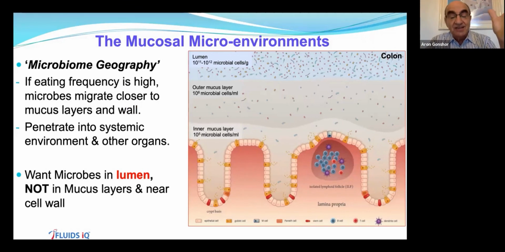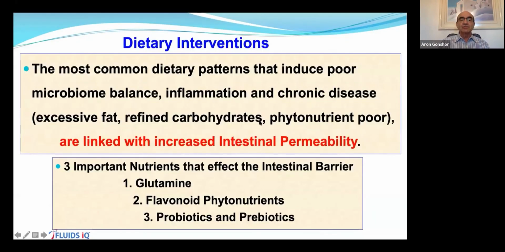And if you eat too frequently, the microbes begin to migrate from the lumen and they start to penetrate the mucosa and they get closer and closer to that cell layer. You want the microbiome in the lumen. You don't want them sitting in high levels in the mucus layer and near the cell wall, because that's going to cause problems. So the dietary interventions that we have, and this I'm giving you for the PDF